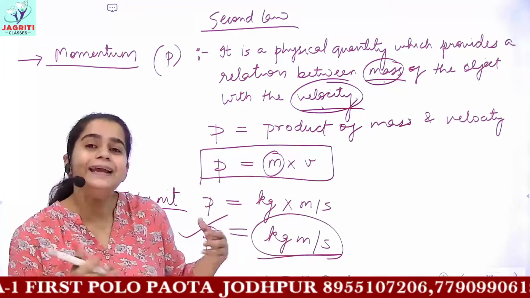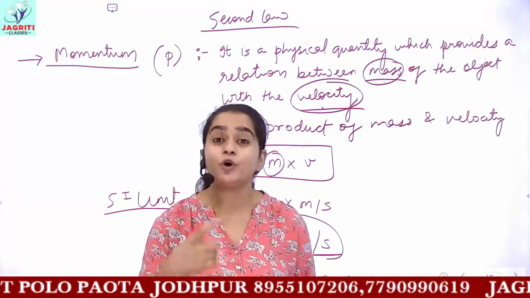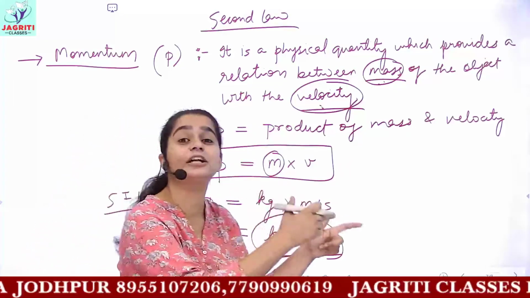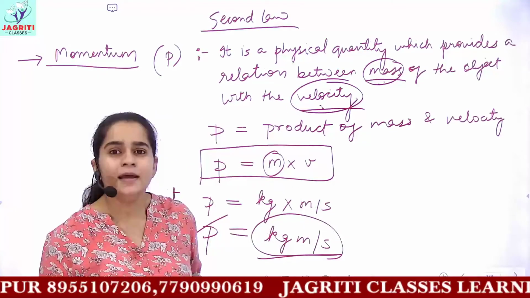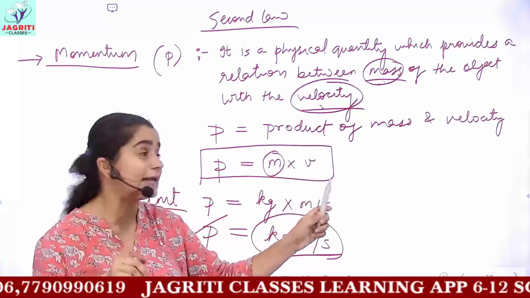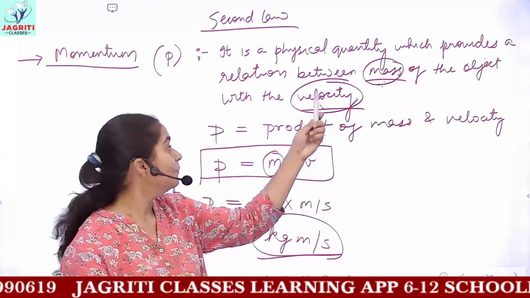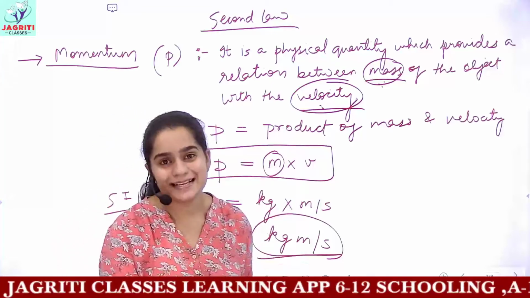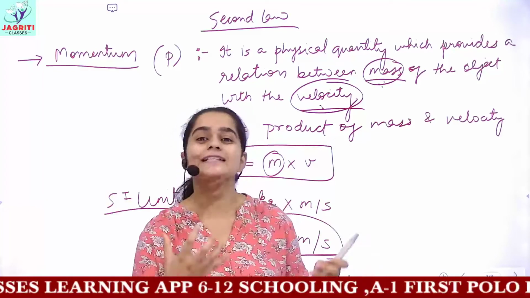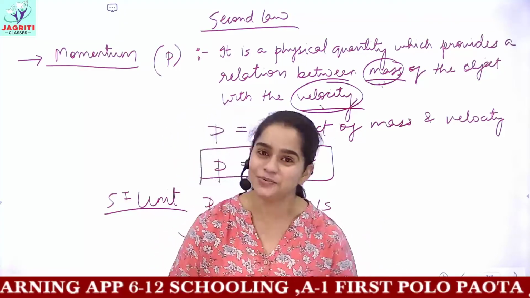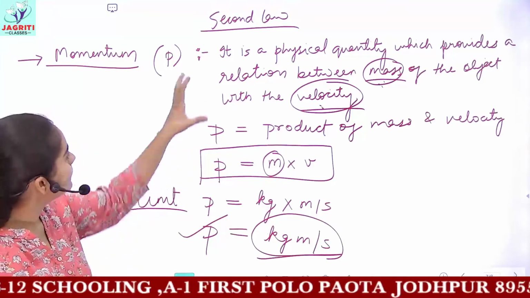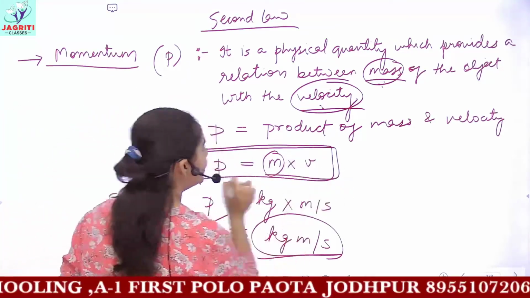And if you get tired and now you start to walk, then what happens? The mass remains the same, whereas your velocity, that is speed with a particular direction. Velocity is what? It is speed with a given particular direction. So when you start walking, the mass remains the same, but the velocity decreases. So you can say that now our momentum has decreased. So this is actually the physical concept or the physical importance of momentum. And it is nothing, it is the product of mass and velocity.